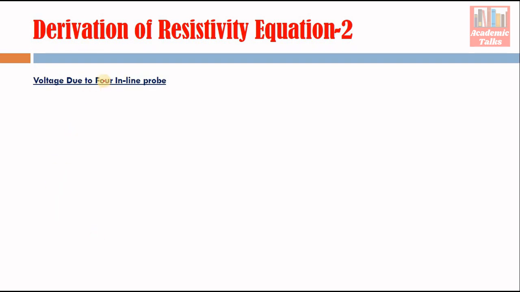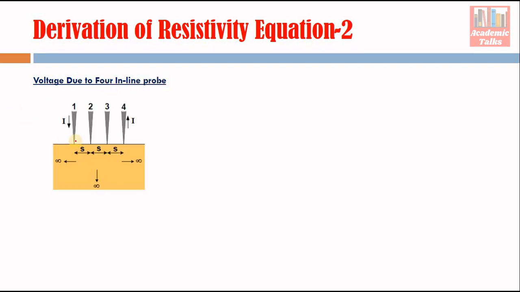Now you see what happens if four inline probes are touching the semiconductor material, right? This is the case in which we are interested. We have already seen that the four probe setup is something like this. These two outer probes: the first probe is inserting current into the material, and the fourth probe is taking out this current, and these two probes are for the voltage measurement. And remember, the sample is a semi-infinite sample. Now first we have to see how much is the potential below this second probe because of current here and because of current in this branch, and then we have to see how much is the potential below this.